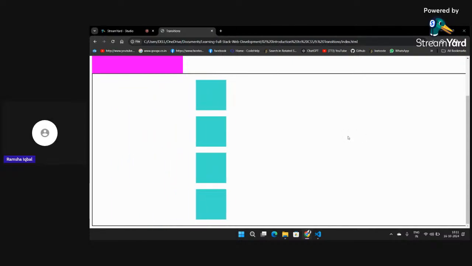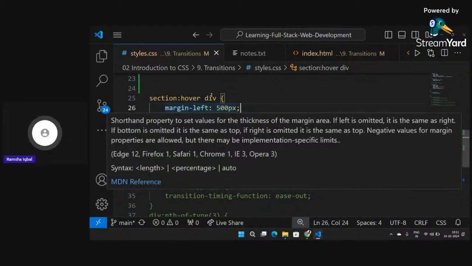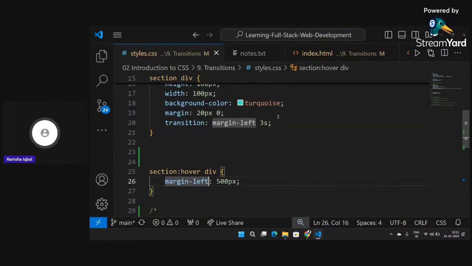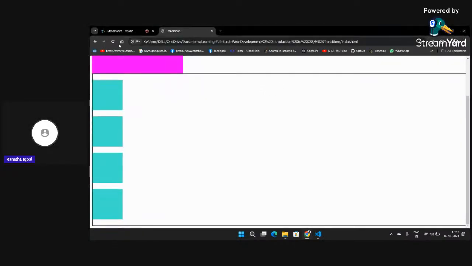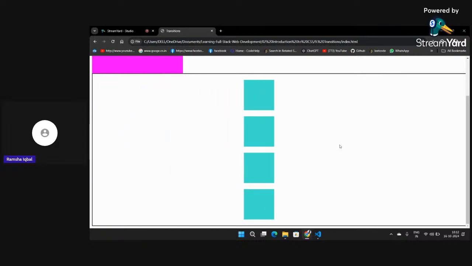See, 500 pixels to the left. So why is it happening? It is happening because of the pseudo class and the hover property, and I have written here transition margin left for a duration of 3 seconds. So it will go for a duration of 3 seconds. Okay,